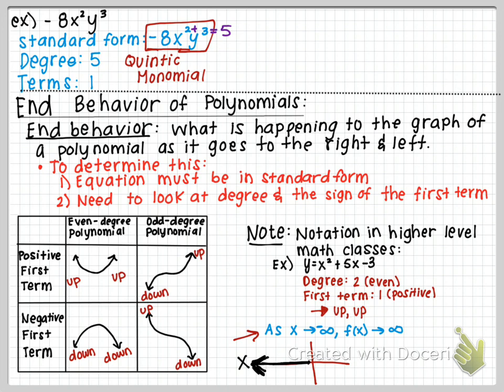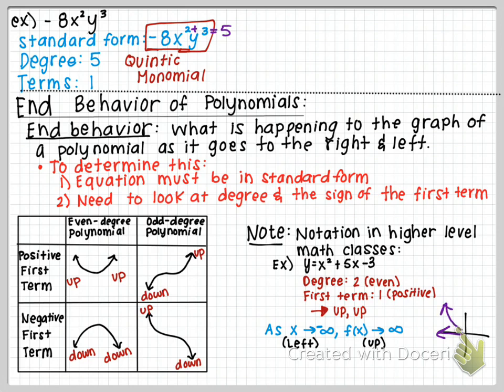So as x approaches negative infinity, remember f of x is the same thing as y. So as x approaches negative infinity, y approaches infinity. Okay, so it looks like this. Y approaches infinity as x approaches negative infinity, right? And then, I shouldn't have drawn this right here because my next piece of this is going to be right underneath it, but let me show you. Then the next piece, so from left, as x goes to the left, y goes up. So as x goes to the left, just like I showed you in that picture,